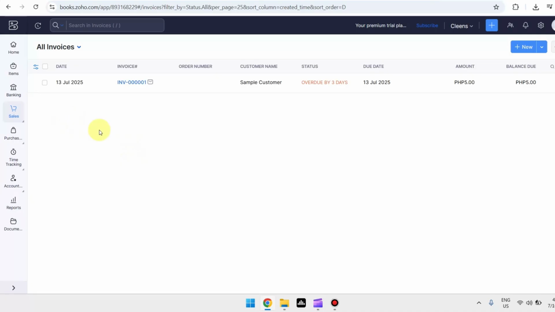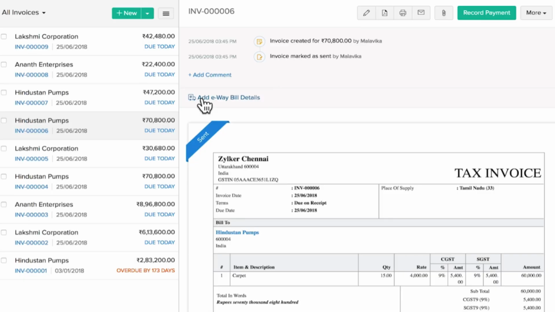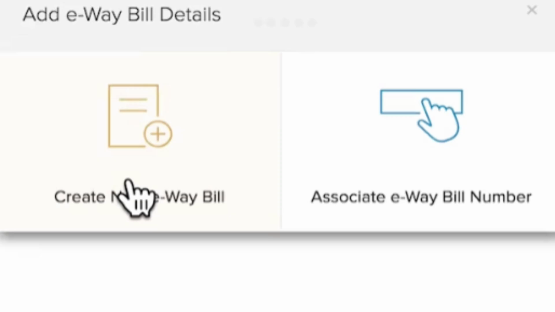From here, you should be able to see a list of all your invoices, and all you have to do is click on the specific invoice that you want to create an e-way bill for. From your invoice page, you should be able to see the add e-way bill details option, and all you have to do is click on it. A window will then pop up with options, and all you have to do is click on create a new